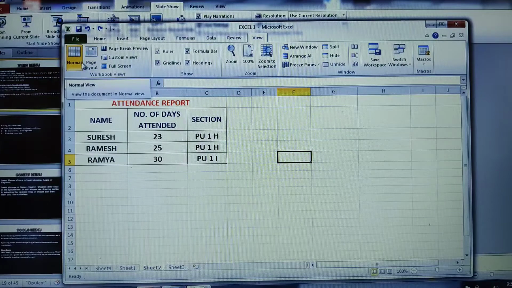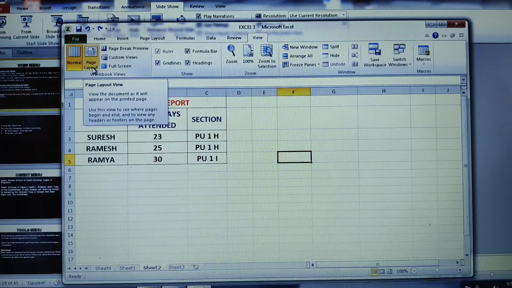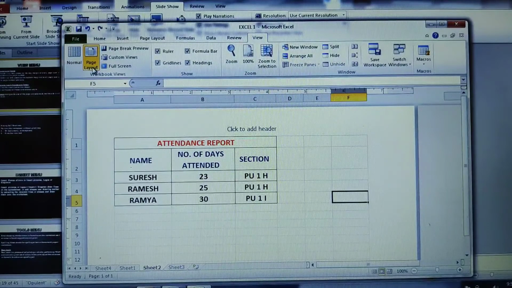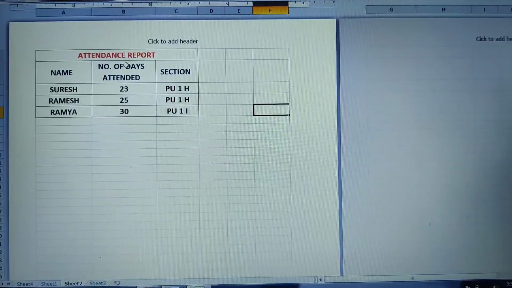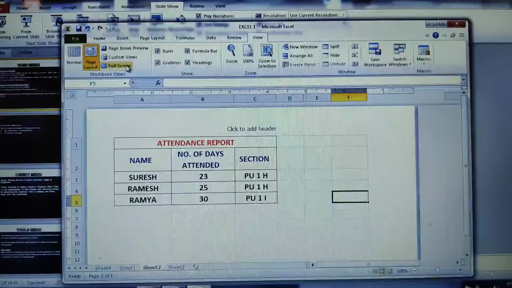Next, the very next view we have is the print layout. Once you click on the print layout, it will make your document appear as how you will be getting your document after printing. This is how the document will be printed. That is your print layout option. The same way, if I go for the full screen, this is how the full screen will be appearing. Full screen reading it is. So there are different kinds of views that you can click on: the normal, page layout, and then full screen view.